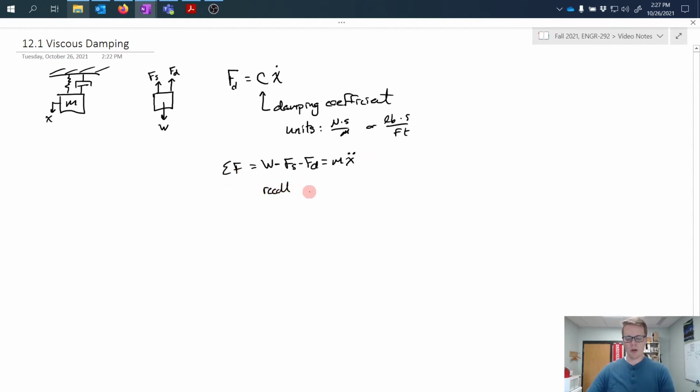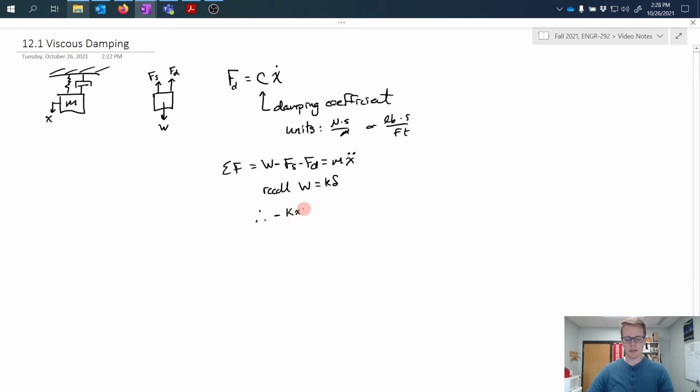Recall from our analysis before that the weight is equal to k delta, so that relates our spring and our weight, and therefore we can write this equation as